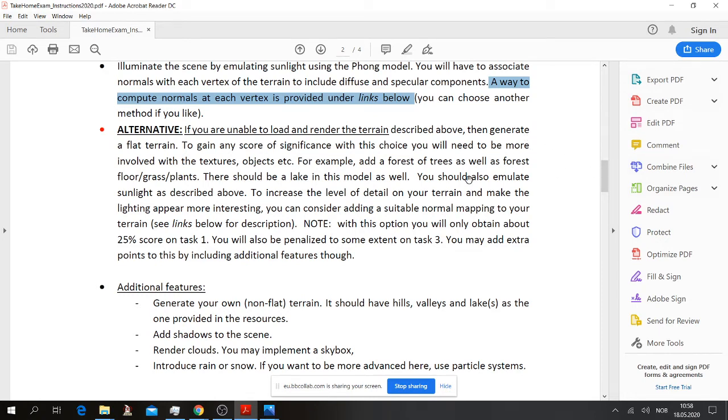So, for example, be more advanced with making forests and make the ground look a bit more detailed. You could, for example, use something called normal maps to make the level of detail on the ground more interesting, and also the lighting. But note that with this option you can only get a 25% score on task 1 at most. But you will be able to get additional points if you include additional tasks, as you would if you were capable of loading the terrain. But this is not something you should speculate in. It's basically an escape route if you really suffer from trying to render the terrain itself.